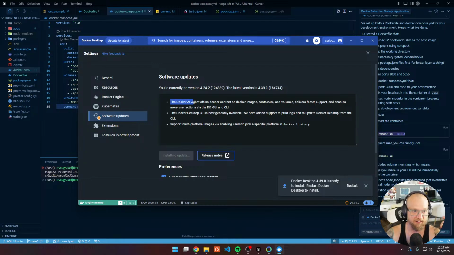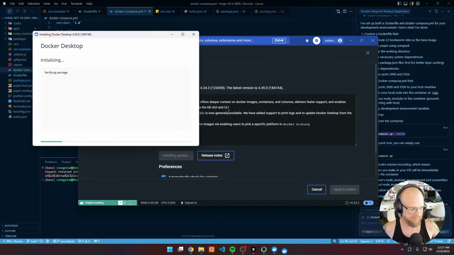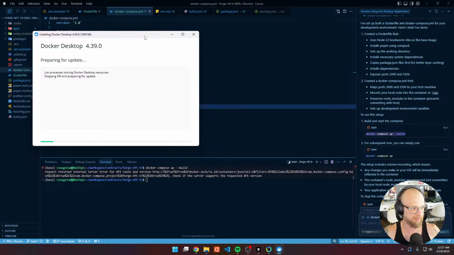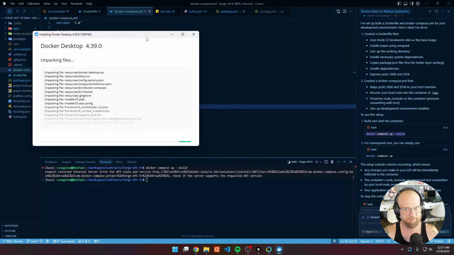But the Docker AI agent offers, it's interesting. I obviously am not anti-AI. I think that there are issues that are legitimate that need to be considered and discussed. But it is